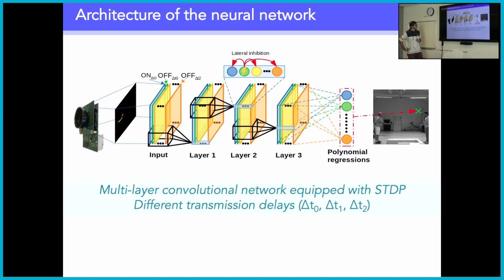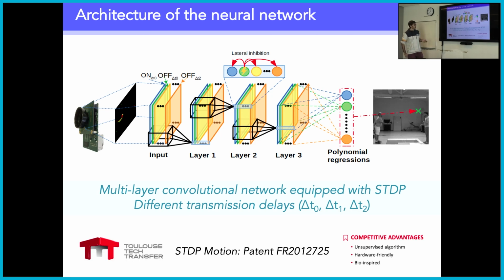And so the idea here is that these neural networks have different layers. Each of these layers has different latencies. So this point is quite important. So we introduce some delays in the inputs, because we know that in the visual system of primates, there are some delays that can permit to better extract the spatiotemporal properties of the scene. So this is what we did here. So the different channels for each layer were associated with different delays. We had 3 different delays.